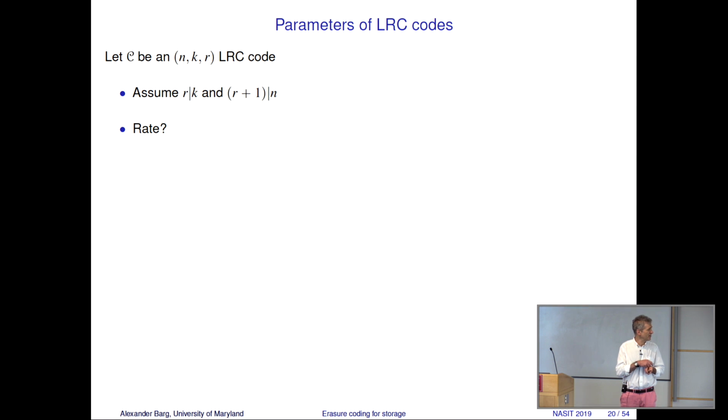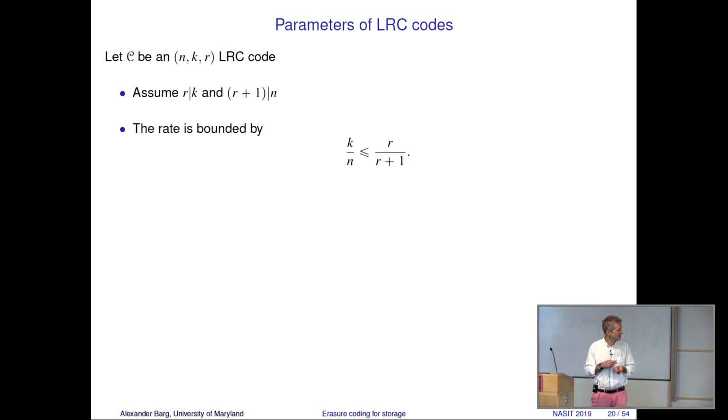So what's the largest K over N, the rate of the code? Can we attain a very large rate? Well, no. And what is the minimum distance? Let's try to answer these questions quickly. So the rate is bounded by R divided by R plus 1. In the standard encoding, you take any channel you can think of, the Gaussian channel, or your favorite channel, the Poisson channel. The rate in principle could be as close to 1 as you want. For LRC codes, it cannot. And if the size of the repair group R plus 1 is 3, then the rate is at most 2/3. So that is what we pay in terms of the rate for having the locality property.